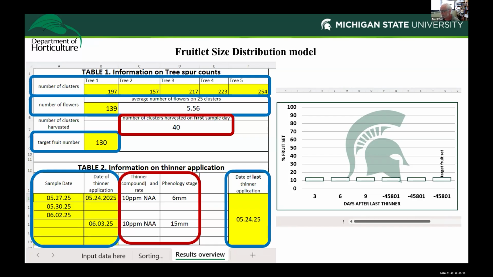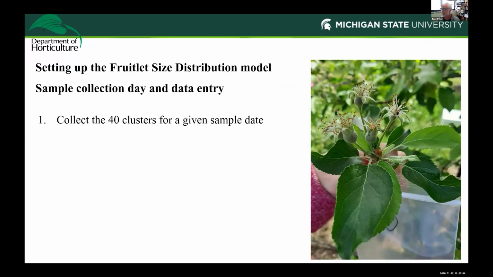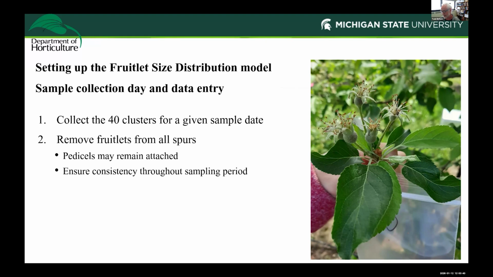This is sort of like a log that you can use if you want to add some extra information to guide your thinning over the years or see what you've done. Okay, as you go, then you're going to collect these 40 clusters at a given sample date, 3, 6, and 9 days after application. You can remove all the fruits from the clusters that you're going to weigh,